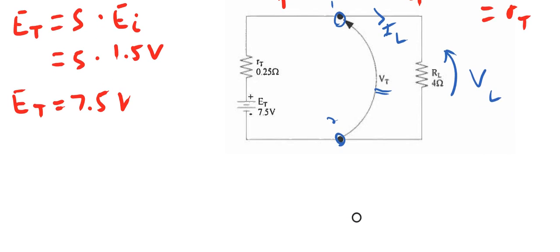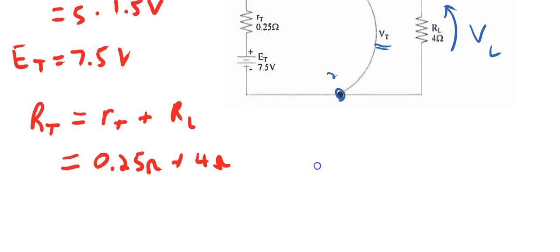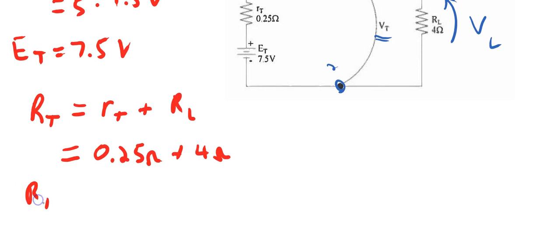Here, this is a simple series circuit which contains just 2 resistors in series connected to the source. And so the rules for series circuits tell us the total resistance is equal to the total internal resistance added to the load resistance, which gives us 0.25 ohms plus 4 ohms, or a total resistance of